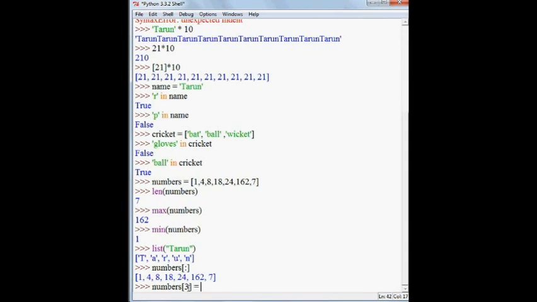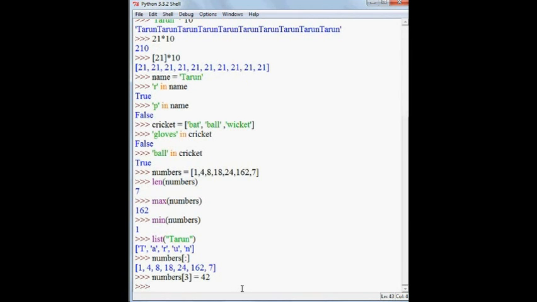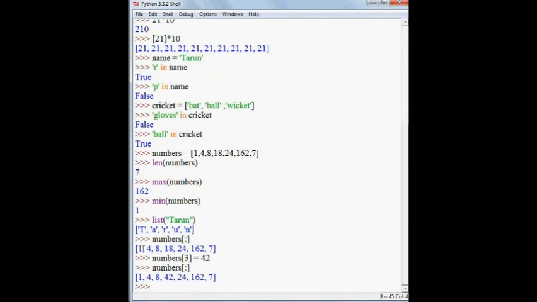So in square braces 3, then type in an equal sign, and after that type the new value you want to add and then press enter. Let's say I want to type in 42 at the third position. The element at the third index position is 18, not 8. Keep in mind that the computer starts indexing from 0. So go ahead and press enter. Let me show you that the list has changed.